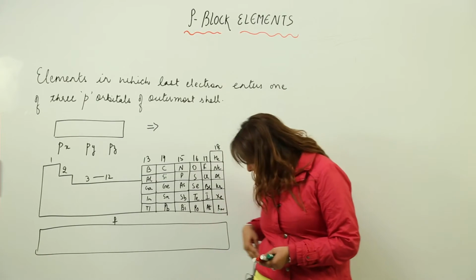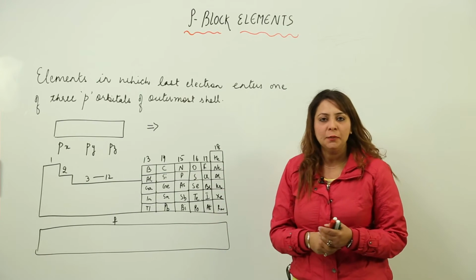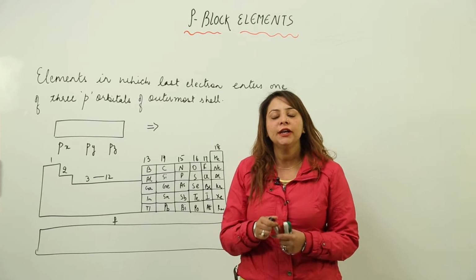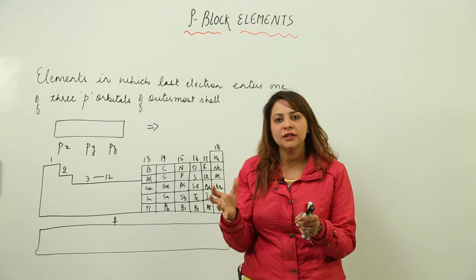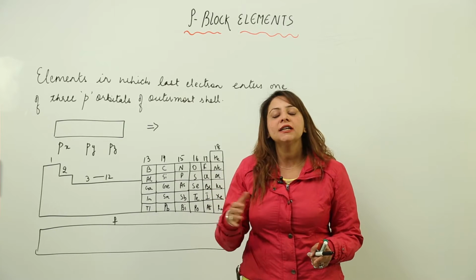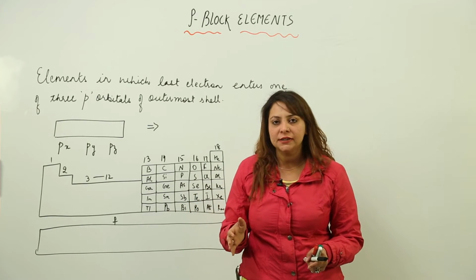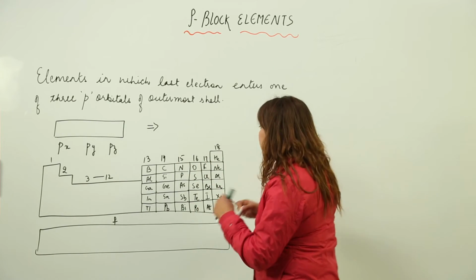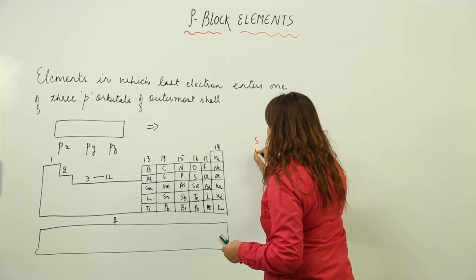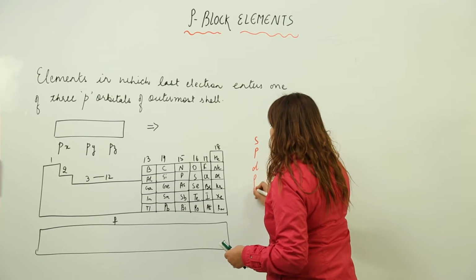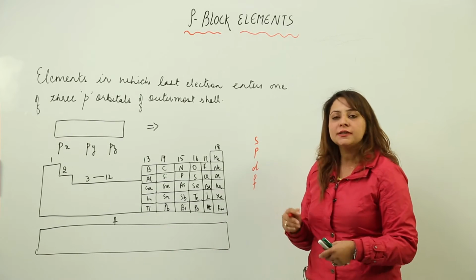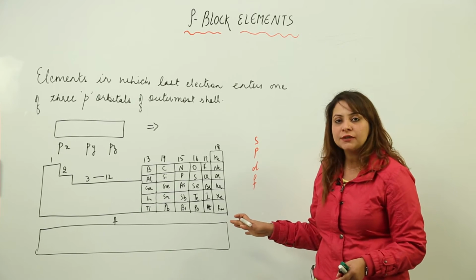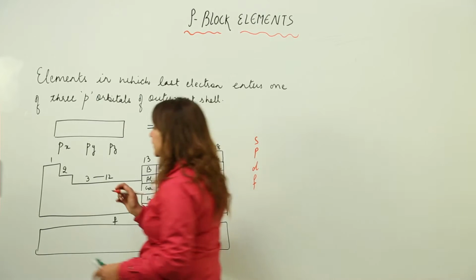Now we are going to start with the P block elements. As you know, in the periodic table the elements are grouped according to their nature. That means we have different blocks, and in different blocks different elements are present, right. As we know, in a periodic table we have 4 blocks, that is S block, P block, D block and F block. For the systematic study, the periodic table has been classified into 4 blocks,